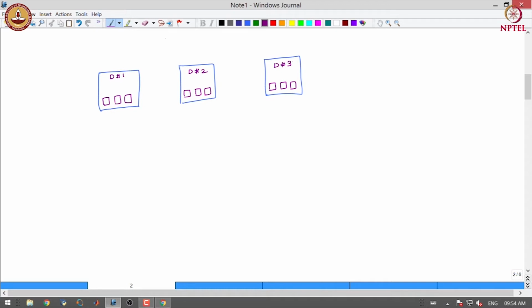So, we distribute the data across multiple GPUs.